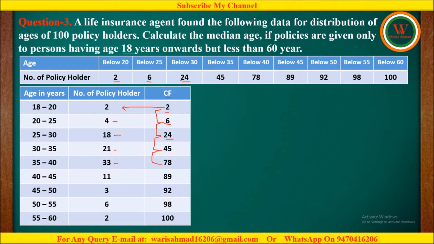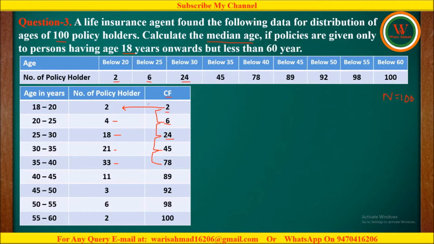After that, we will calculate the median of the given data. So let us see how to find the median age of the given data. To find the median age, the very first thing is that we must find the median class. To find the median class, first of all, we have to find the value of n. The value of n is the sum of all the frequencies. The sum of frequency is already given, that is 100. So here we can write the value of n is equal to 100. Now after that, we have to divide 100 by 2. If we divide 100 by 2, then that will be equal to 50.